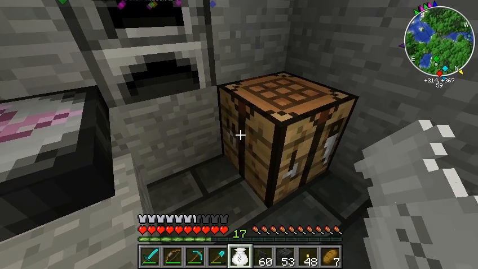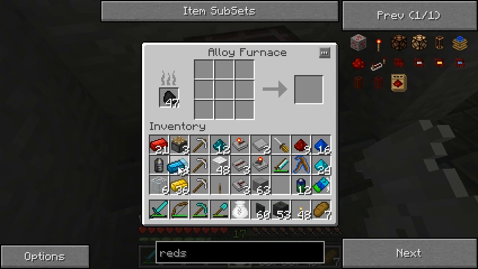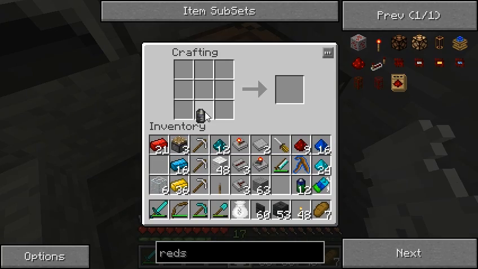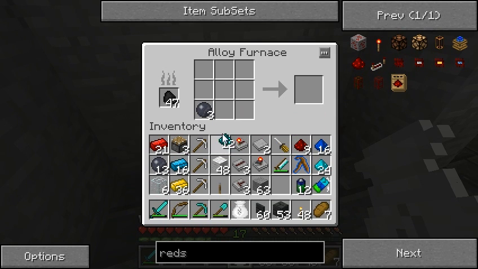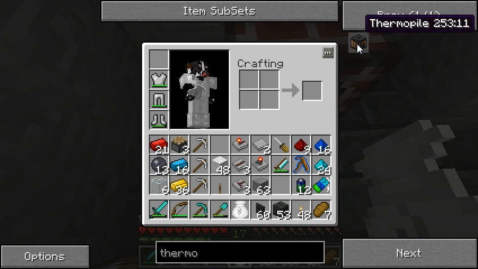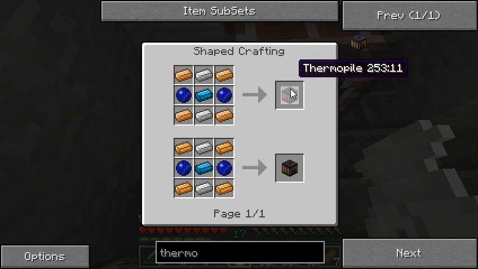One of the things I'm going to need, since I'm making thermopiles, is blue doped wafers, so I'm going to go ahead and get those cooking here. Blue doped wafers require silicon, which I have a boule already, but I haven't cut up yet, so we'll get that cut up. And I've got probably 3 thermopiles, so we'll get those started here. As you can see, thermopile requires a blue alloy ingot and blue doped wafers, and what it does is it makes bluetricity from differences in heat. So if you put lava and water around it, it will create a little bit of bluetricity based on